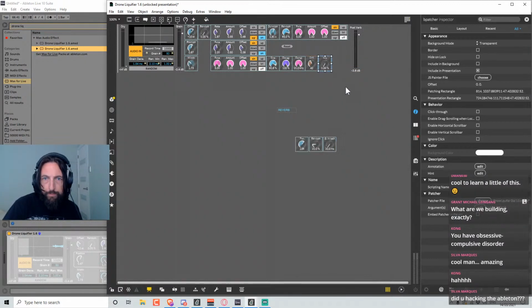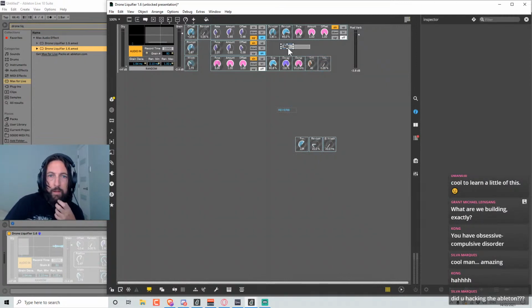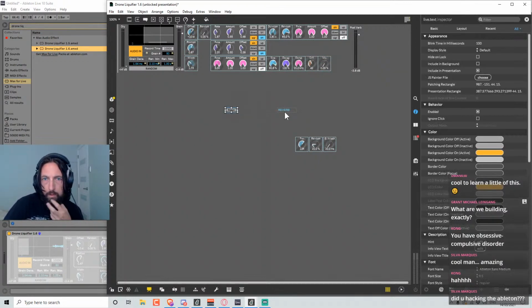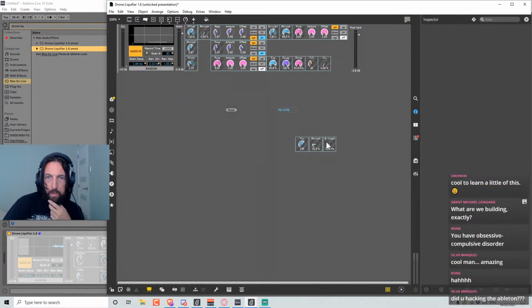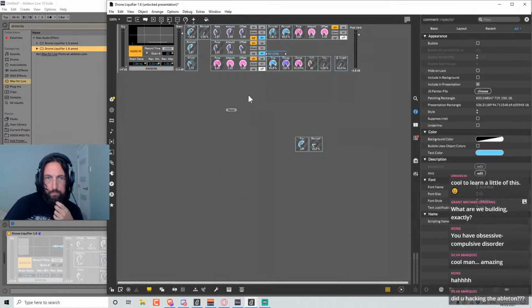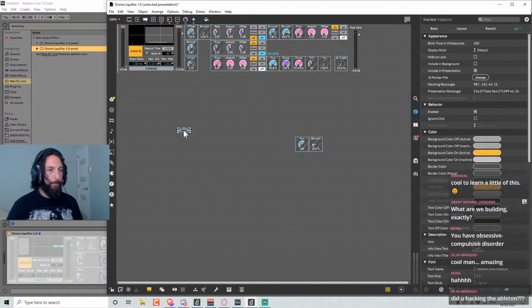Bring these ones down. I find it quite soothing doing this sort of stuff. And we have our grain attack, which I might put down here. I don't know where to put this reset, but we'll figure that out. The pan and the randoms still don't do anything. I gotta fix that up at some stage.